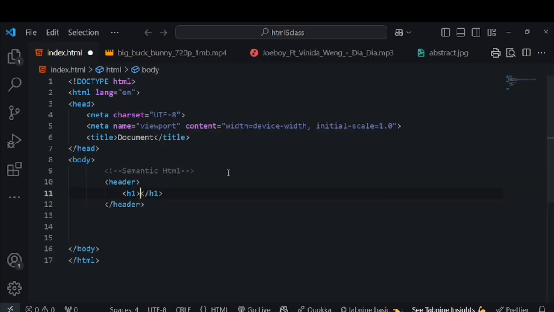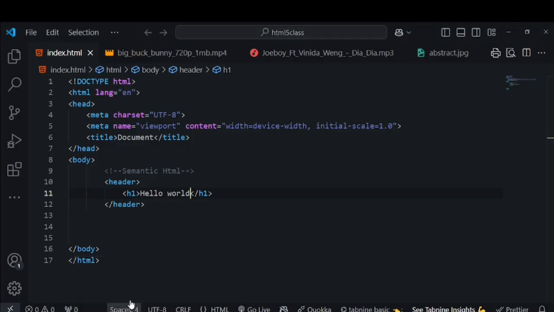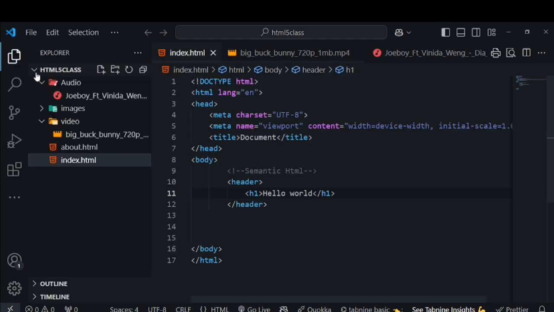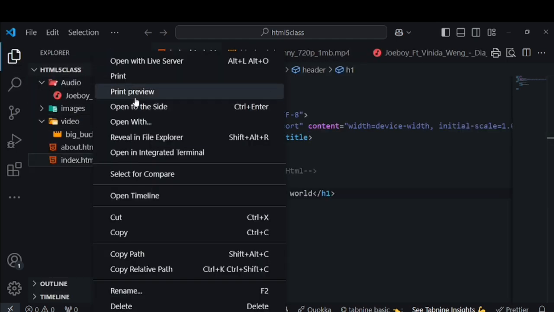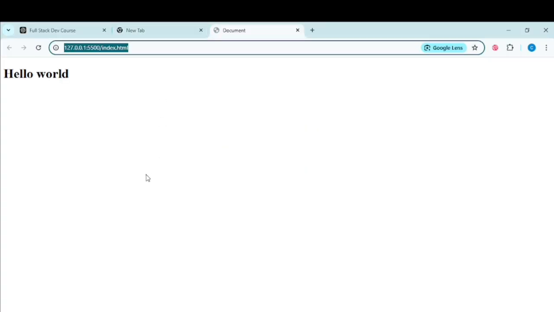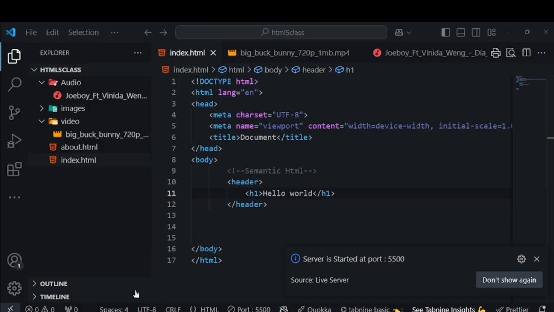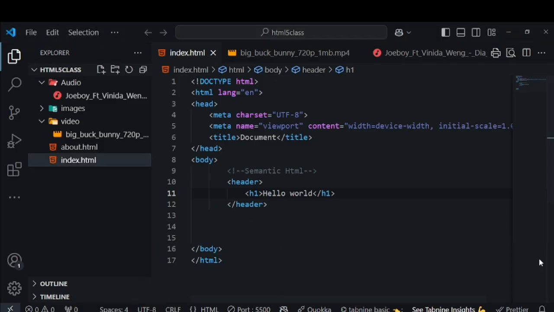So rather than having a div for that, we're going to have a header, and then inside of that header we're going to have an h1 tag, and then we're going to just put in hello world inside of that h1 tag. So that is exactly what we have. Now that we have this, let's see how it looks in our browser. When we open with Live Server, we're going to see exactly what this is. So here we have hello world,